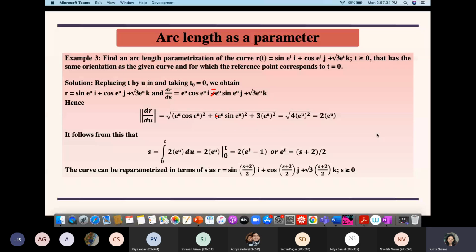Is this example fine? We do not have to show the smoothness of the curve; smoothness we are not checking in these questions. We assume the curves to be smooth and then we proceed. Obviously, the prerequisite is that they have to be smooth, only then this particular definition is valid. So that completes this section.